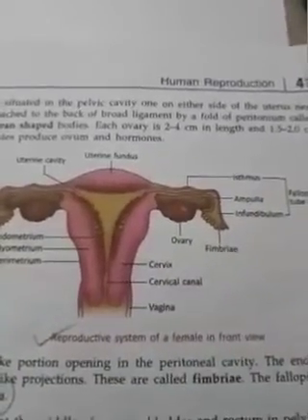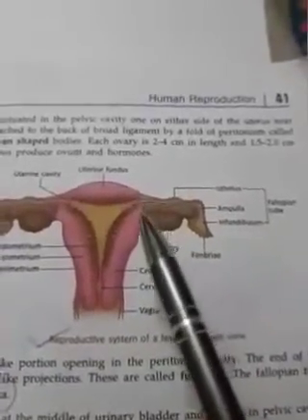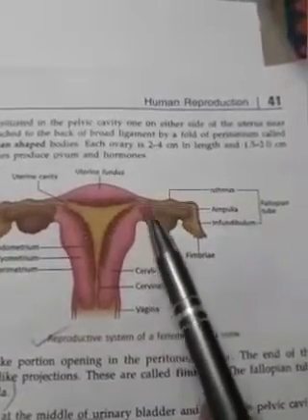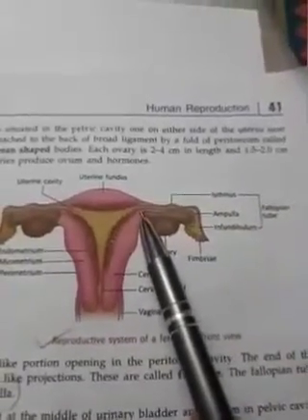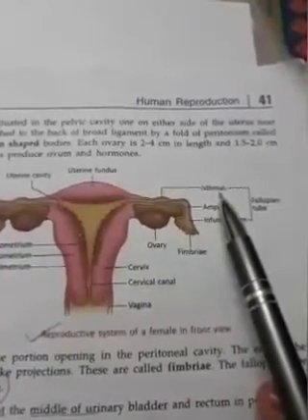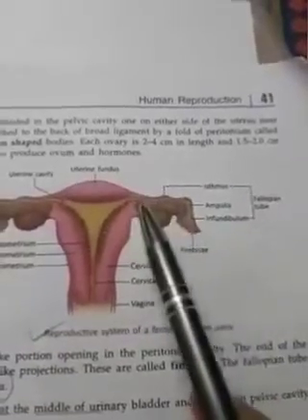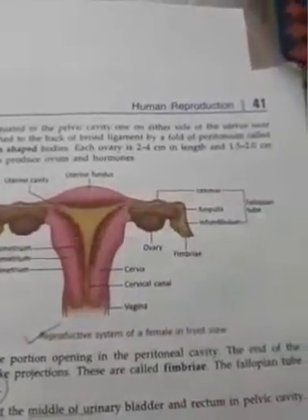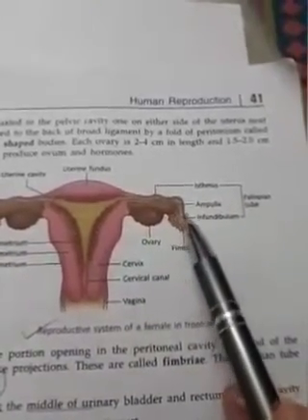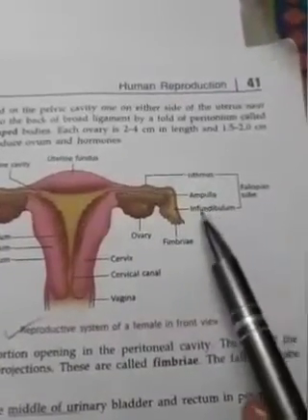First one is the uterine part of the fallopian tube. This part is not labeled here, but it is just a continuation of the uterus. Next comes the isthmus, which is a straight narrow part just lateral to the wall of the uterus. Next comes the ampulla, which is the widest part of the fallopian tube.